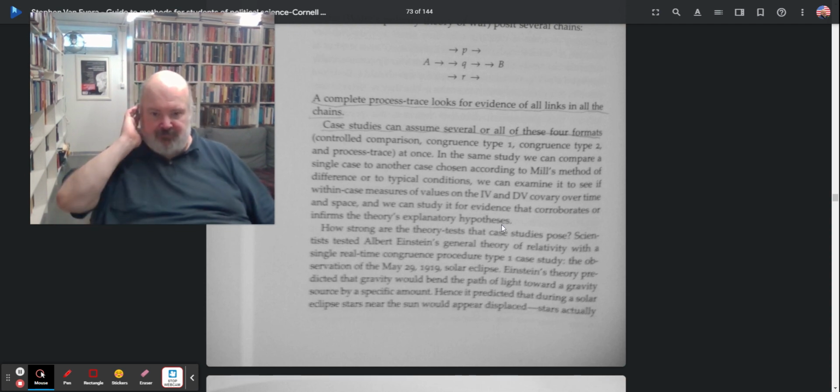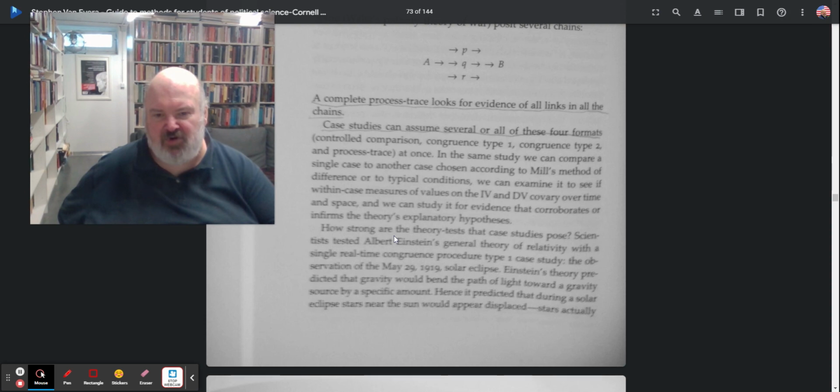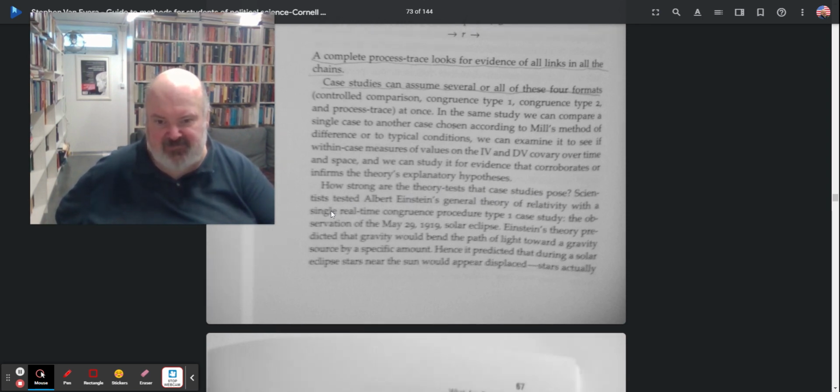That's doing all four. How strong are these tests? How strong are theory tests in case studies? Sorry, how strong are theory tests that case studies propose? Scientists tested